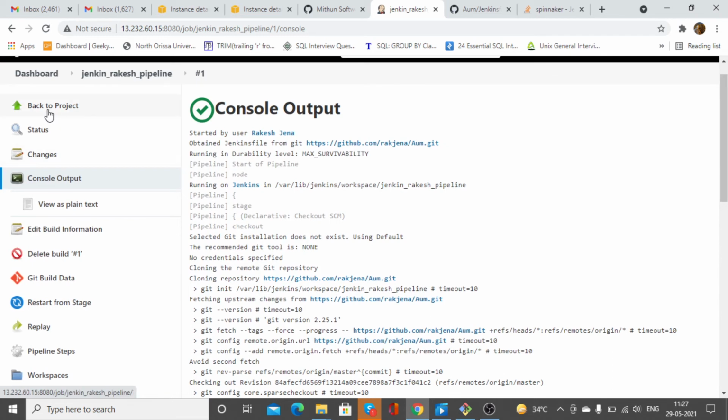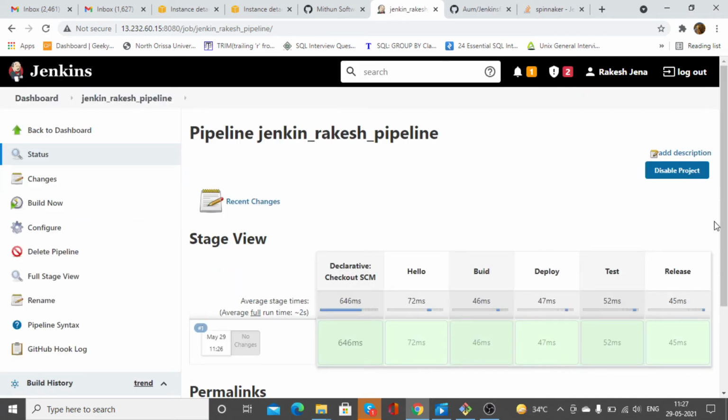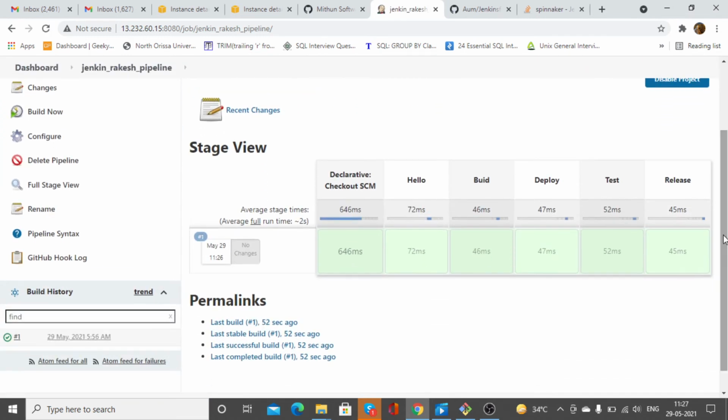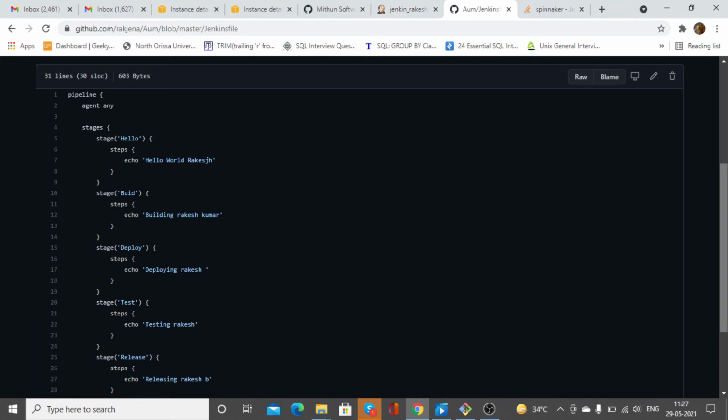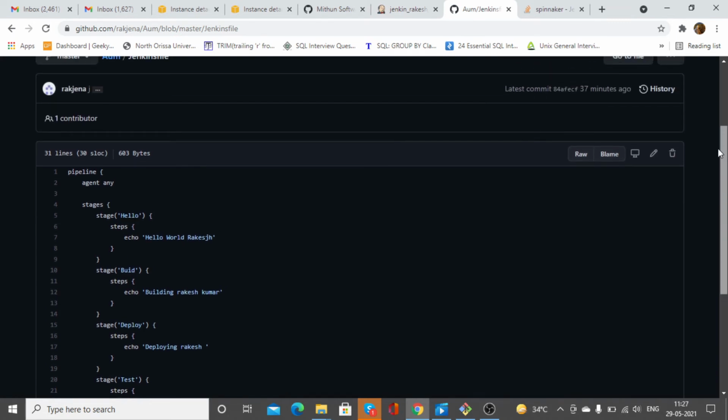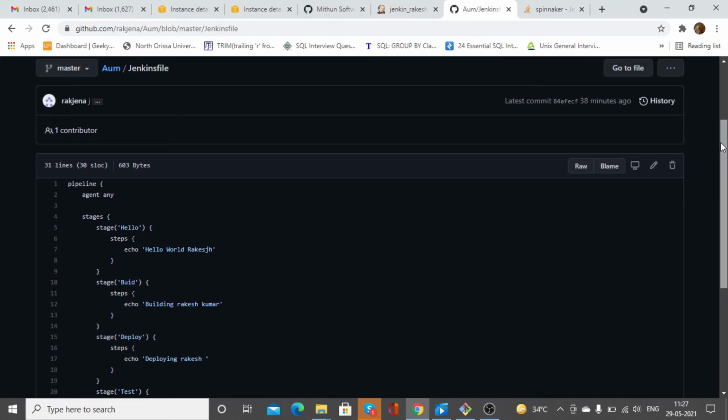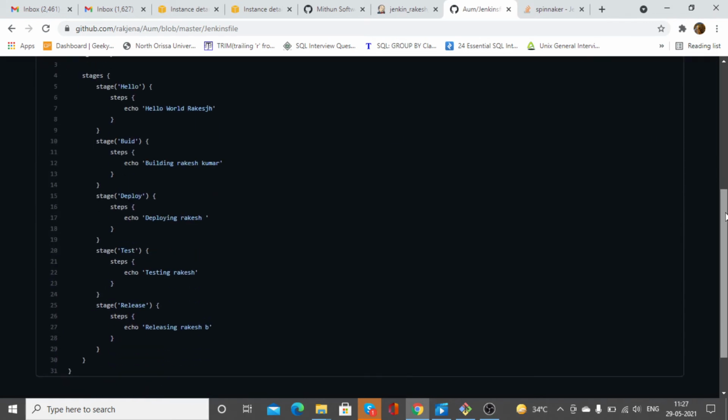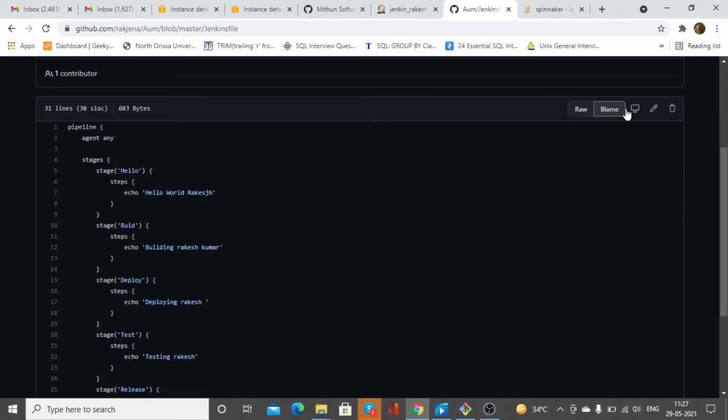So now let's see if the build is happening automatically or not. For that I am going to make some changes to this script in Git, okay. This file name is Jenkinsfile, and I am going to update something in this Jenkinsfile.